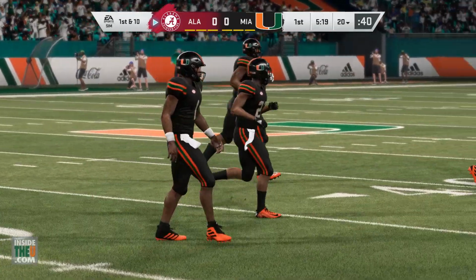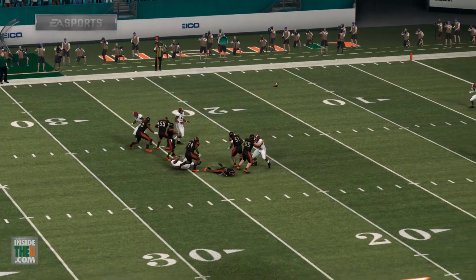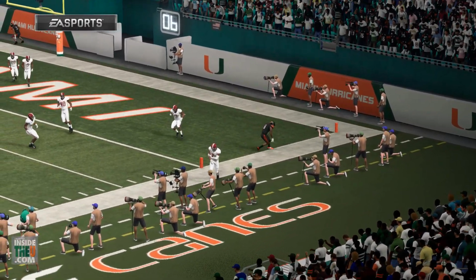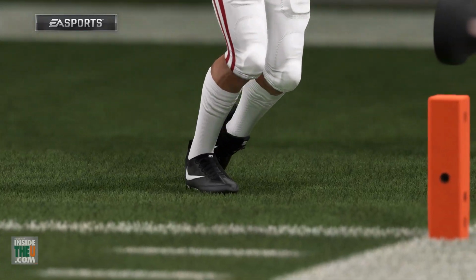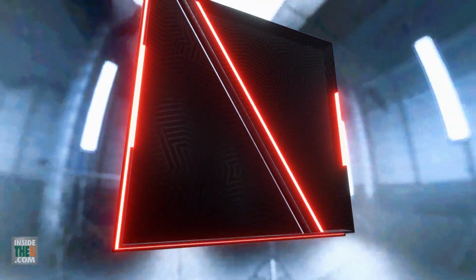To never count a score in their head before the ball goes in the cup. This looked like a slam dunk for points on this drive, didn't it? Instead, oh yeah, clearly feet in bounds. That's tough for Miami again, but look at that. That's a nice close-up view. Dragging the foot, got both of them in. Didn't need both, but